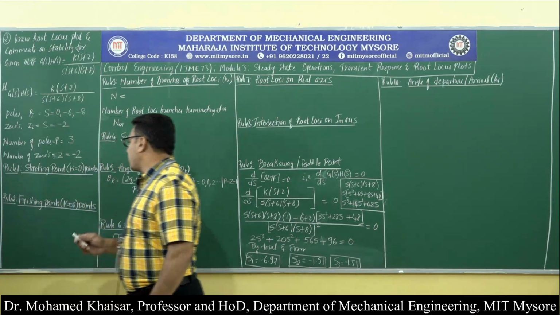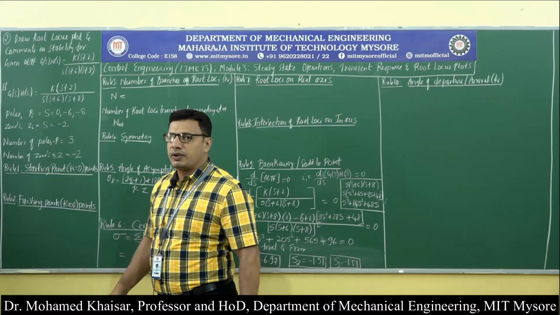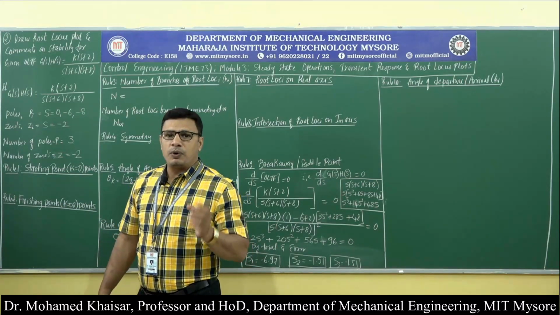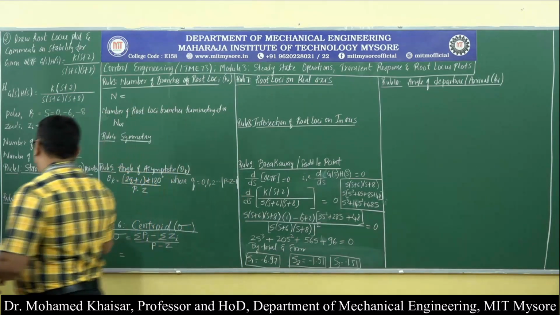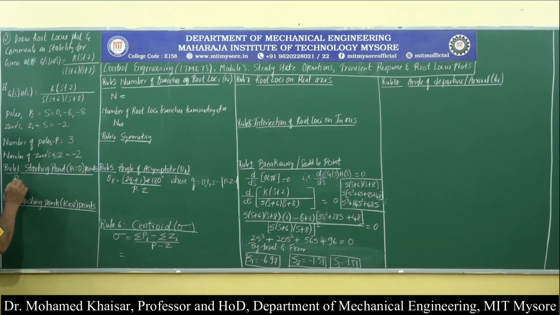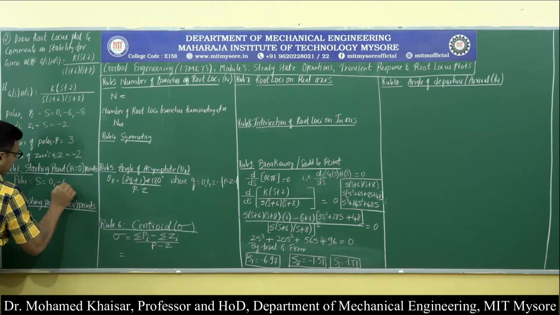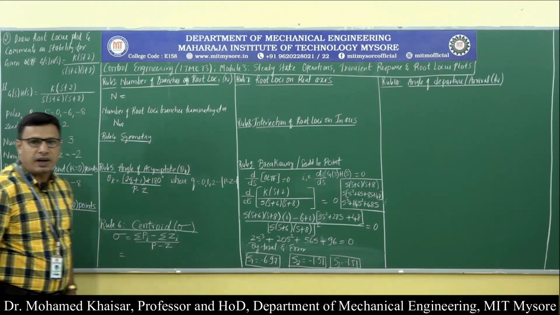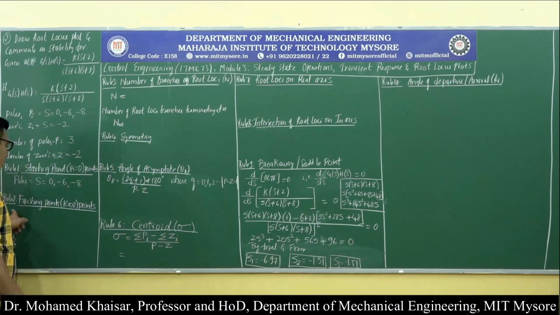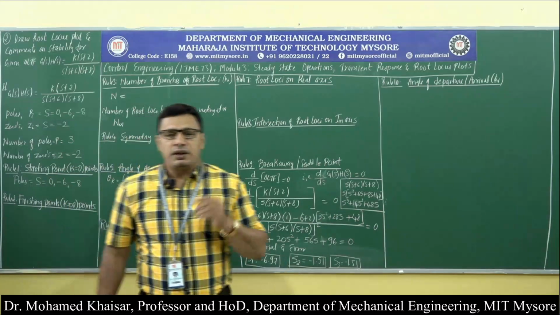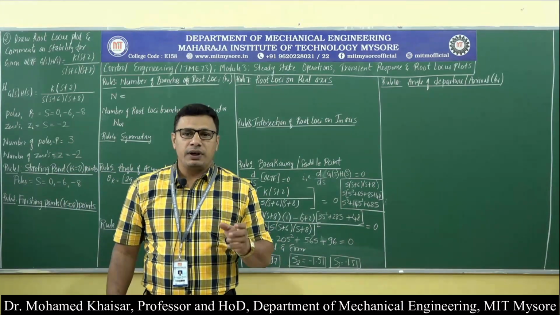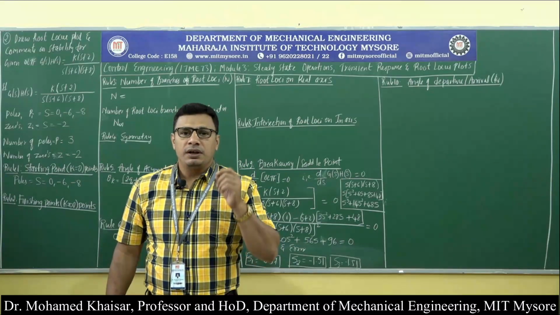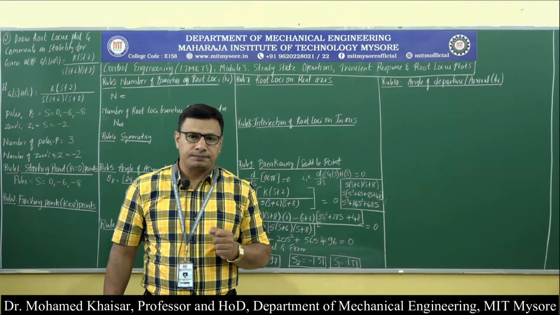Rule number 1 says starting points, which are also called K equal to 0 points, and as we have known, all poles are the starting points. So we will write, the starting points are s equal to 0, minus 6 and minus 8. There will be 3 starting points. Then rule number 2 is about finishing points, and we must not forget that there must be as many finishing points as starting points in the given problem.